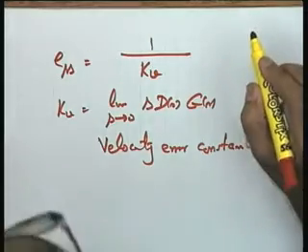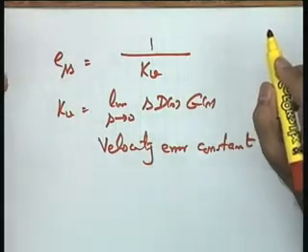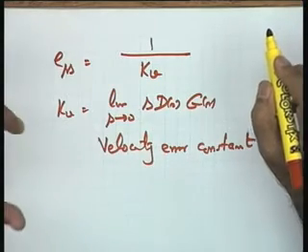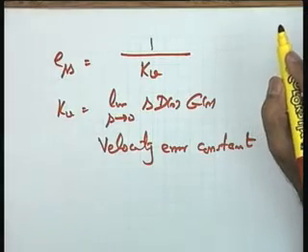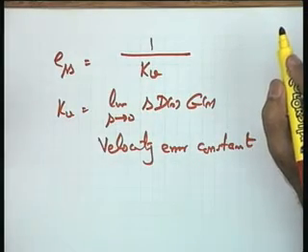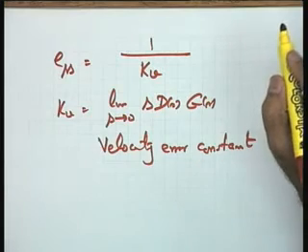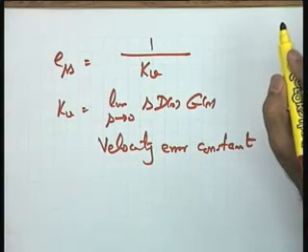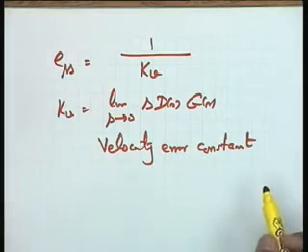I am giving you now equivalent ways of specifying the steady state accuracy. The only point is this, that if I give you system kV is equal to this much, it should automatically be clear that the input to the system is a ramp input. I need not specify that. While if I give you steady state error, I will have to specify the input along with. So this is an equivalent way. Kv is the velocity error constant.